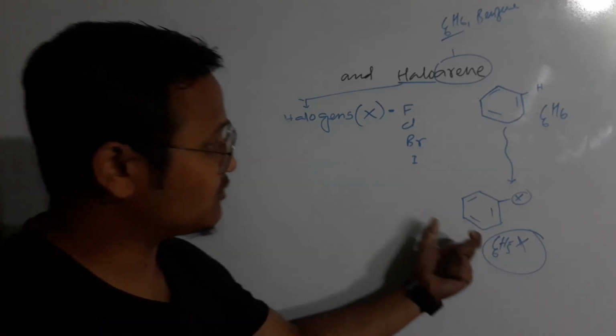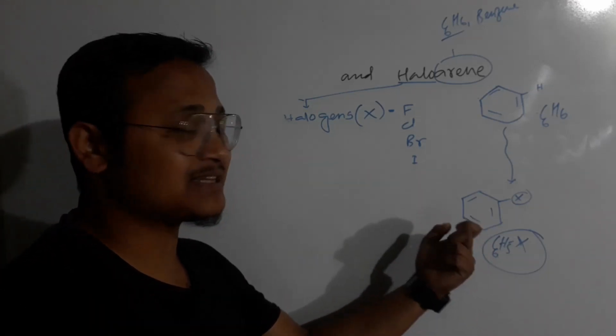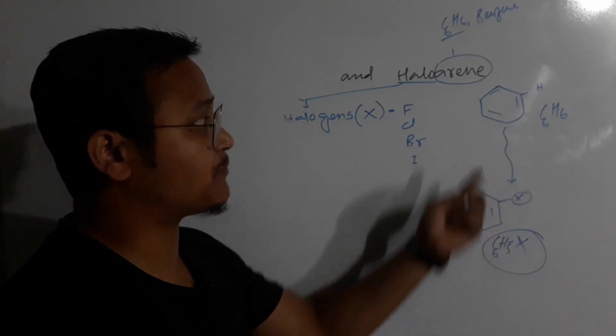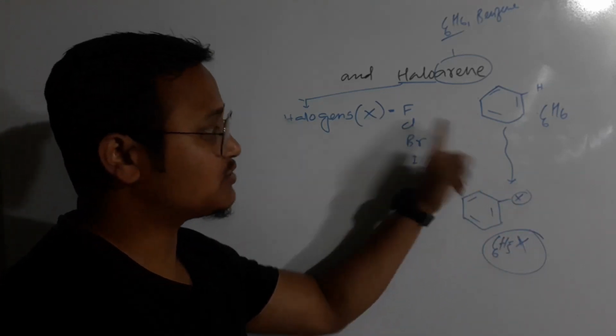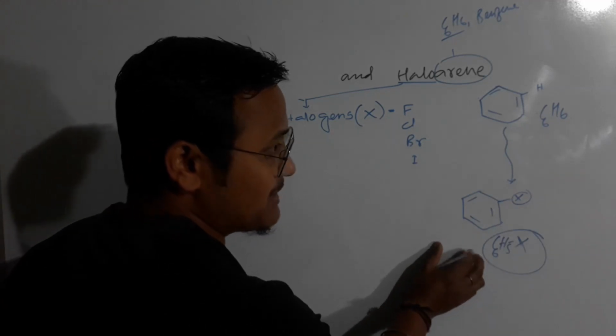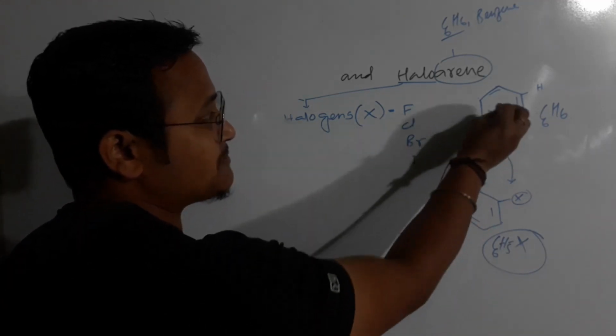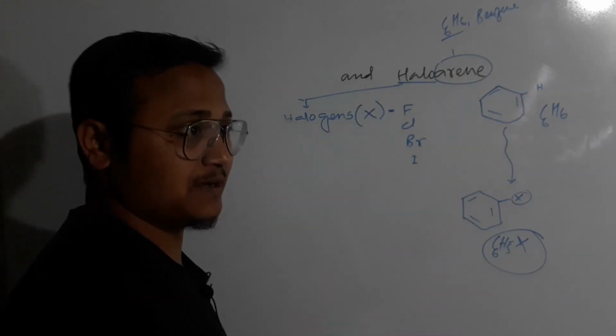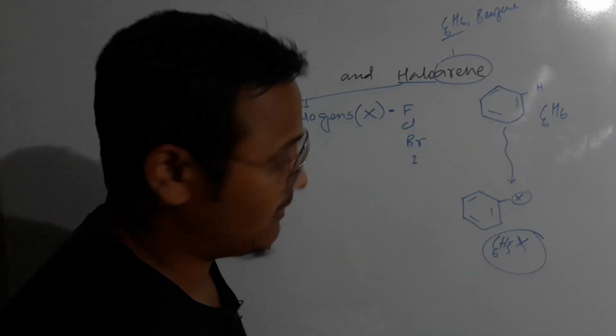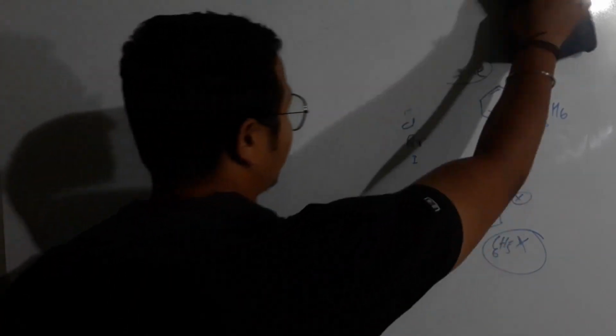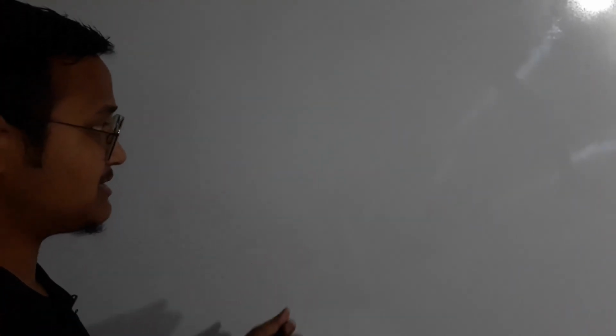Okay, and here also, this haloarene is the derivative or substituted product of benzene, right? So it is also known as derivatives of benzene, as we have got this particular compound from the benzene ring. Clear, guys? So this is what haloalkane and haloarene mean. Okay, you try. This is the general concept. So now let's enter into the syllabus and let's discuss the topics.